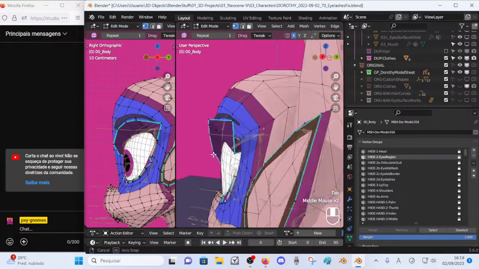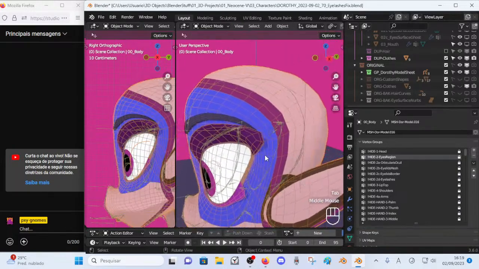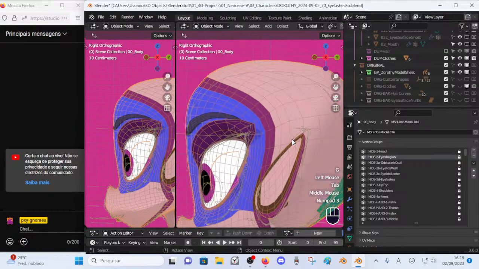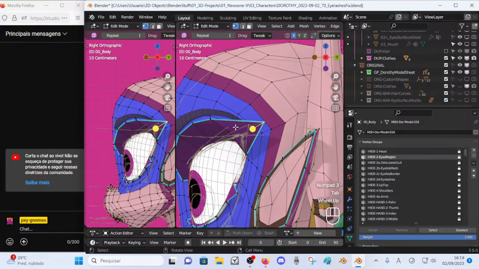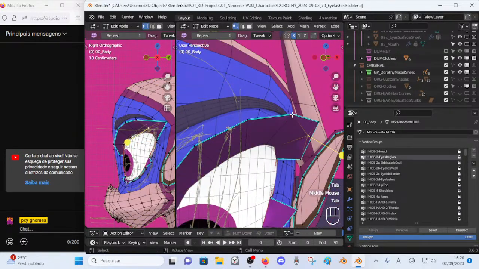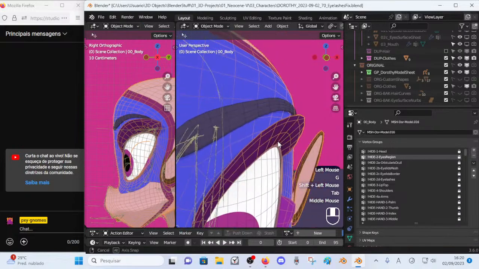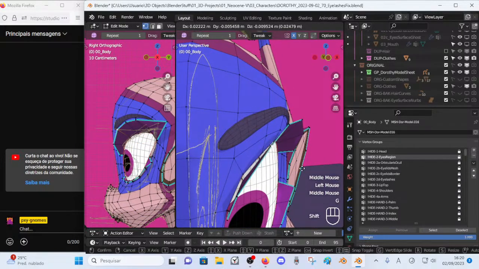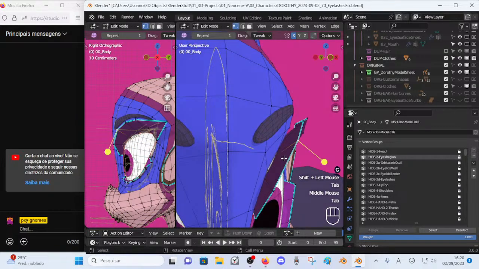Alright, so maybe this is better. The fewer vertices we have to care about, the better regarding the complexity of